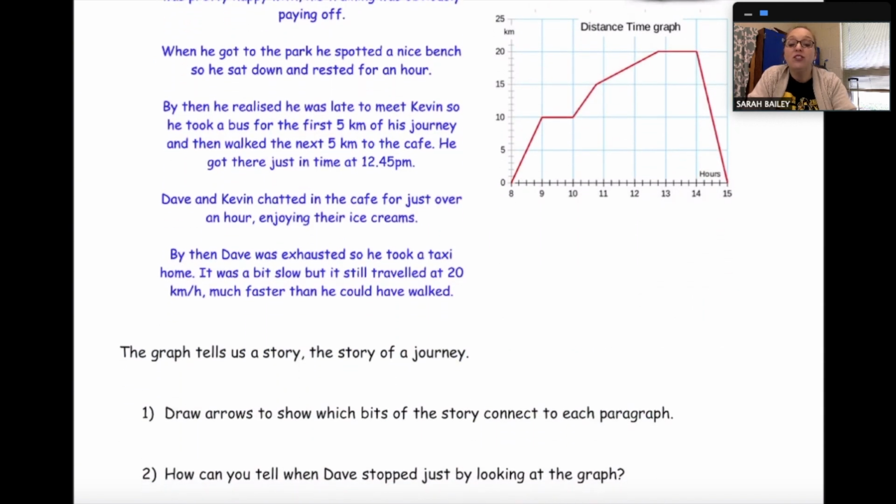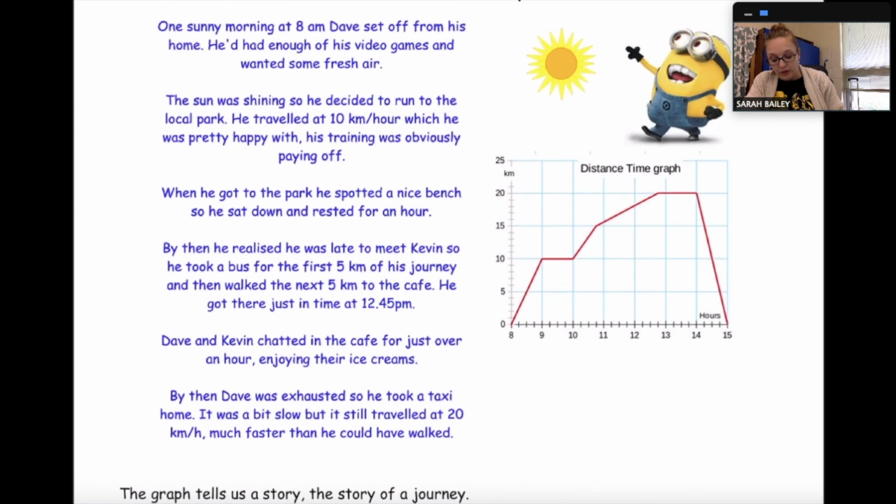So the graph tells us a story, in this case, the story of a journey. So the first thing we're going to do is draw arrows to show which bits of the story connect to each paragraph. So if I go back